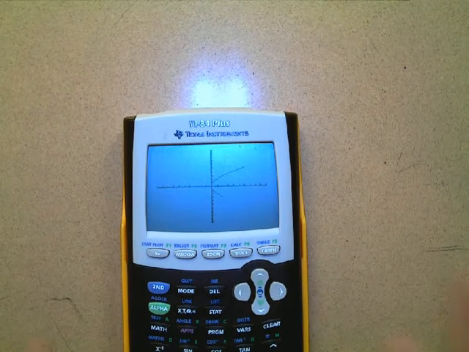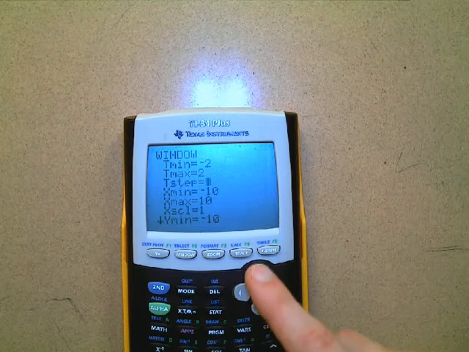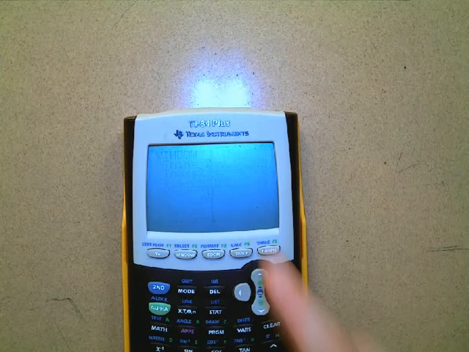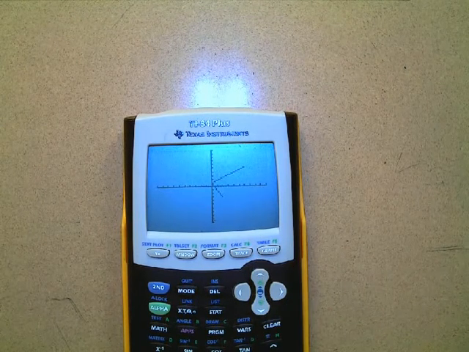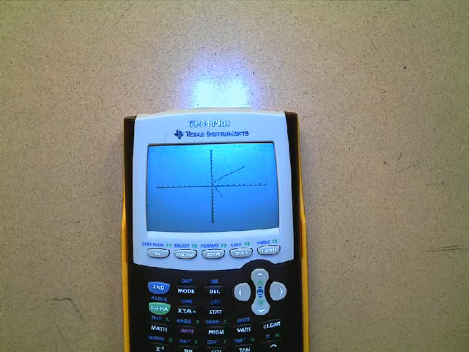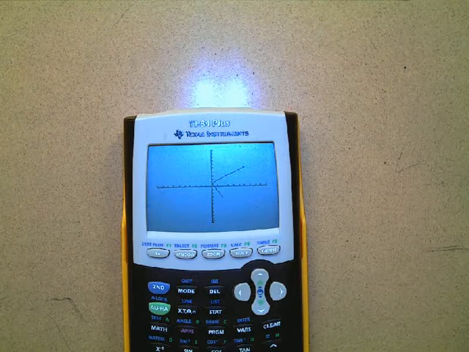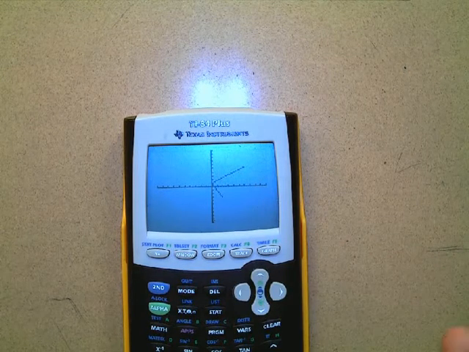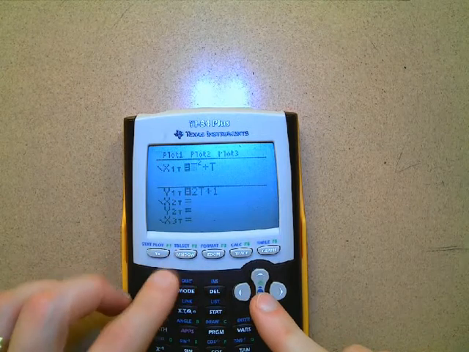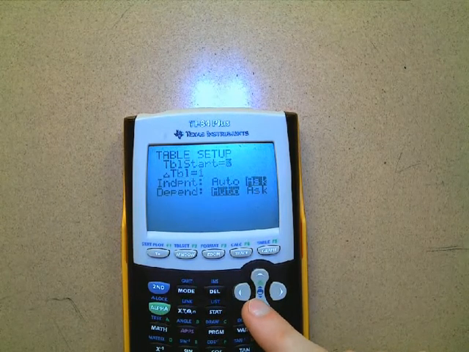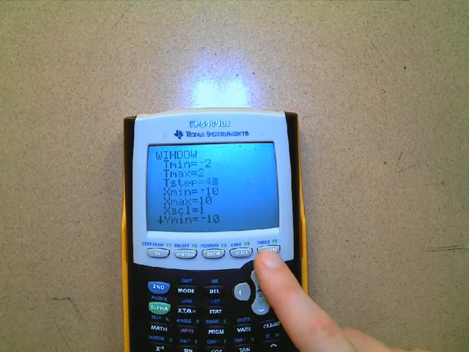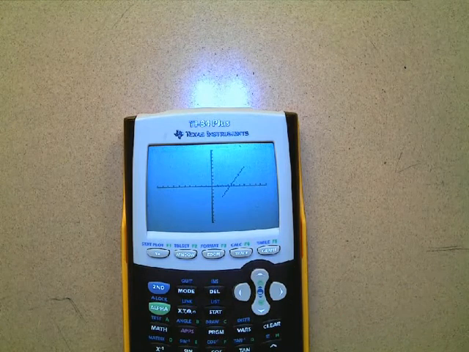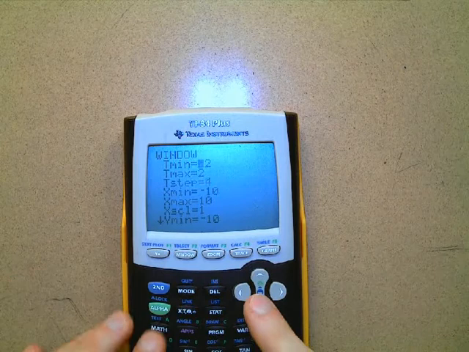Now let me try going by 4s and see if that makes it even worse. Yeah, it just connects the starting point and the stopping point. So the more points, the smoother it goes. When we did 1, we got what looks like just the curve there, so we're probably pretty good. But if we did 0.1, let's try that. It just takes more time to calculate more points. I think the idea is you're trying to strike a balance between having enough points to get the right idea of the curve, but also not having so many that the calculator labors under all those